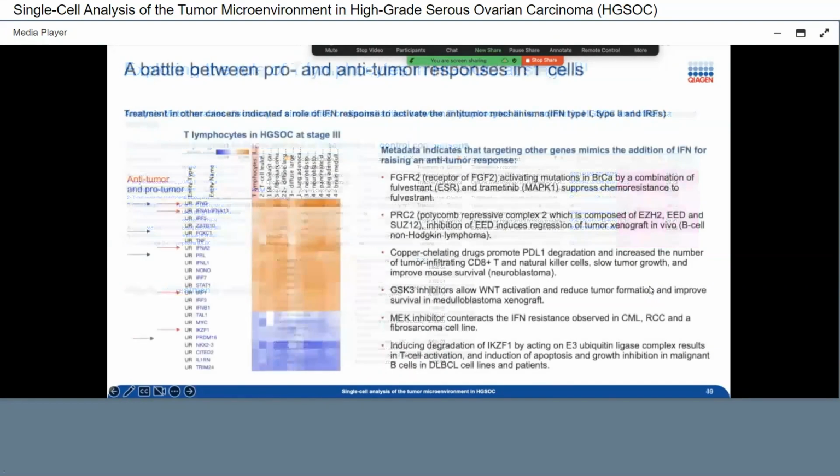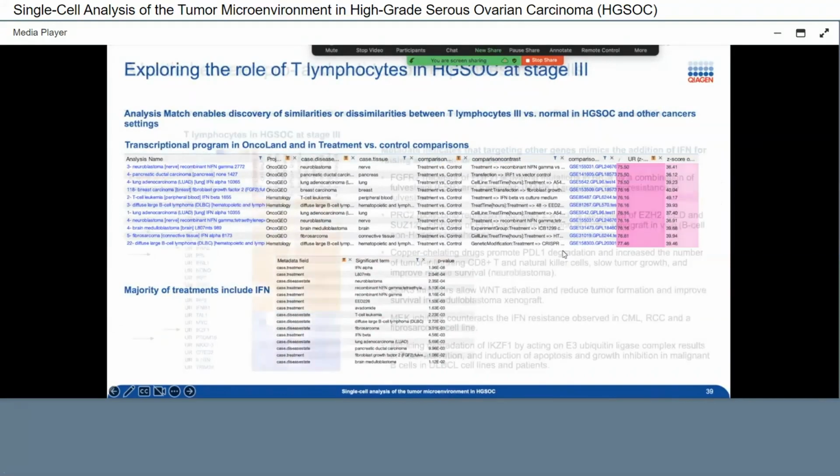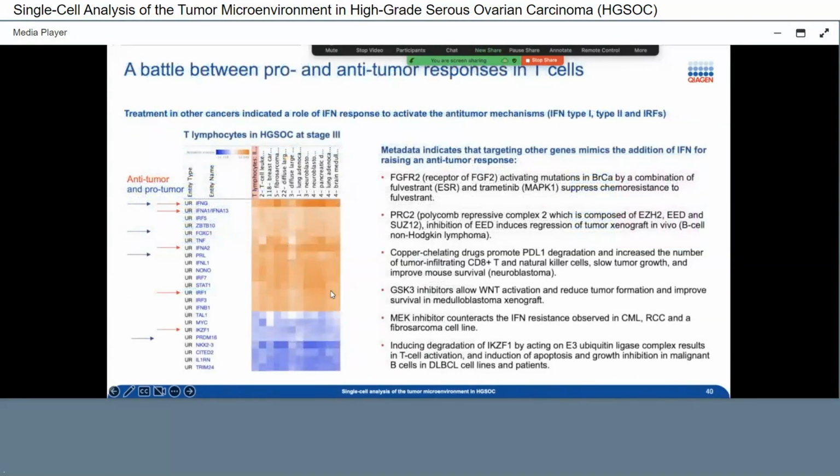Well, let's find out. So now I put these different comparisons that I've selected here, the 10, 12 you've seen here. I select that and I project a heat map. That's the heat map you see on the left, right? And that is T lymphocytes at stage 3 versus normal in comparison to many other data sets. And as you can tell, as quick things, when you select upstream regulator as the entity here, there's a clear program of activation and a clear program of inhibition for some of the upstream regulators and others, right? And the game right now is to understand what's going on here.